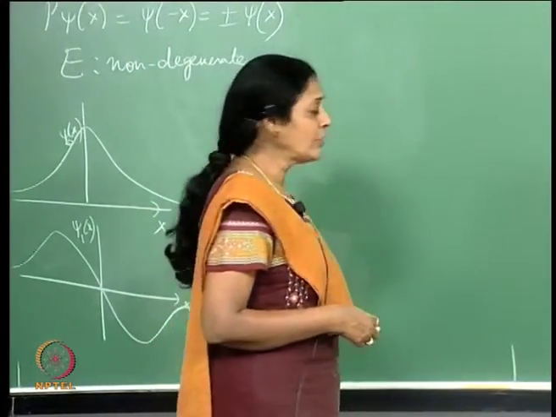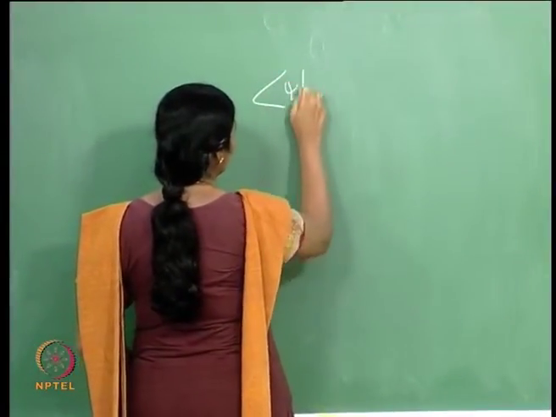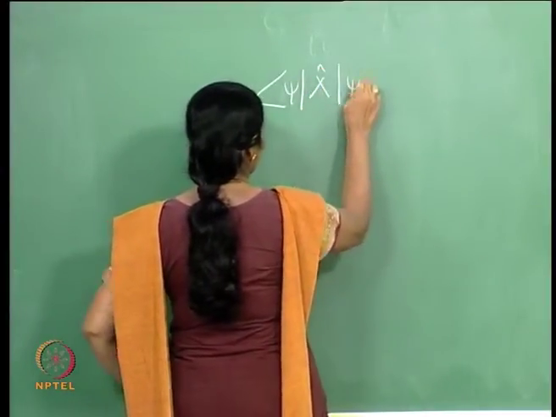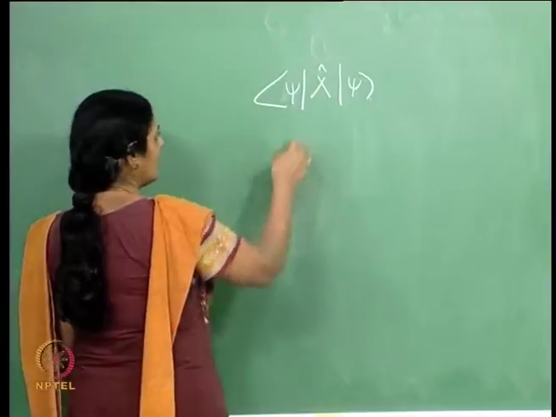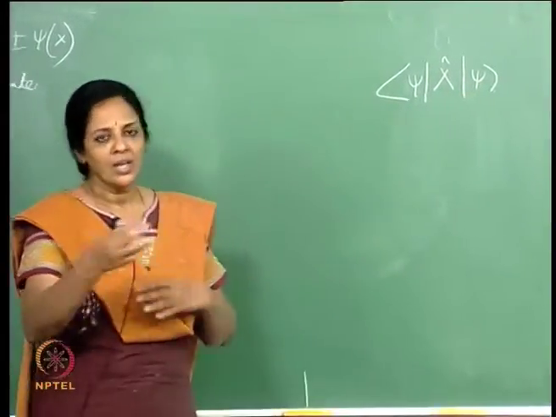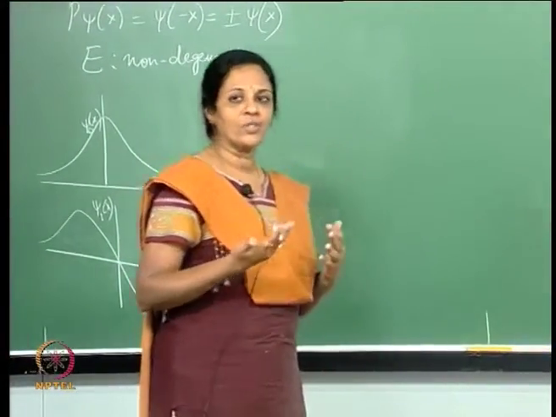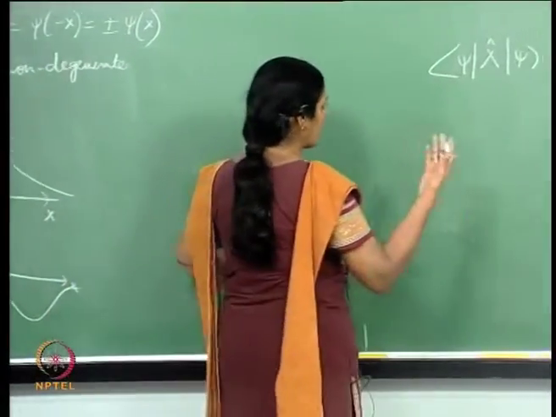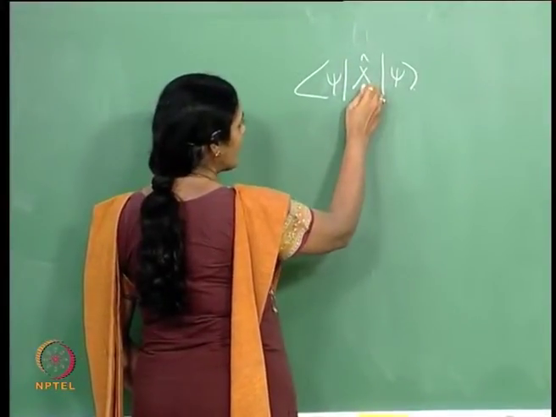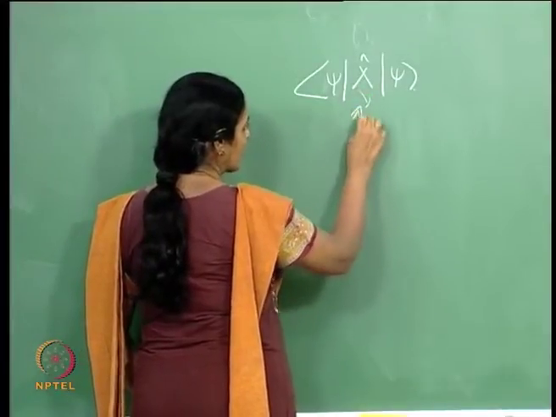So what is the mean value of x in any state psi? I would normally have written psi x psi. In the case of the oscillator, you will recall that I wrote x as a plus a dagger by root 2 and worked out the calculation by finding out the effect of a on ket psi and a dagger on ket psi and so on. But instead I could now write the whole thing as functions of x. This, as we said, was simply the identity operator apart from x,